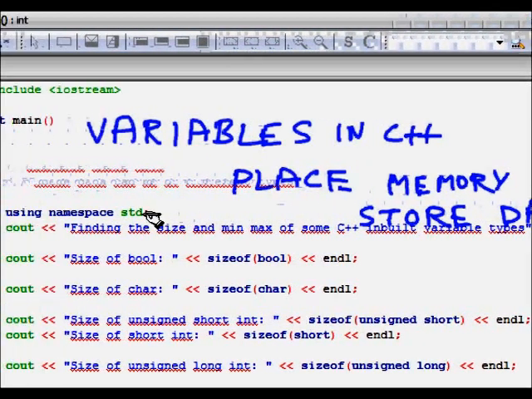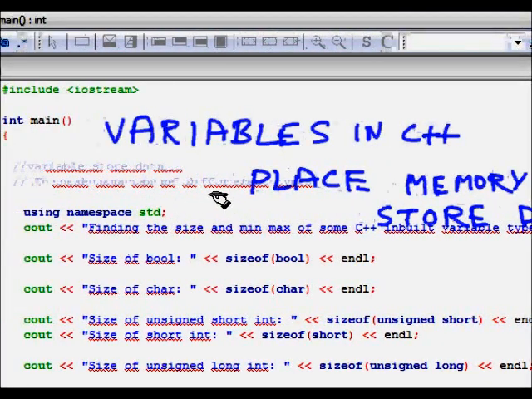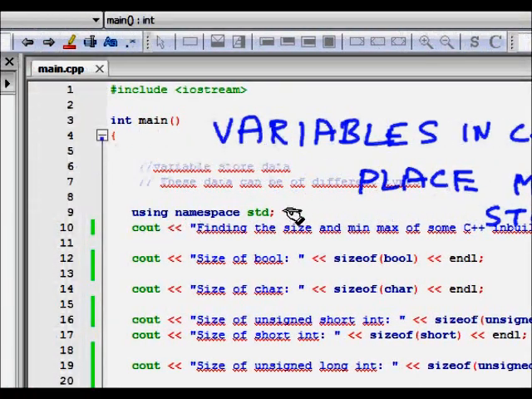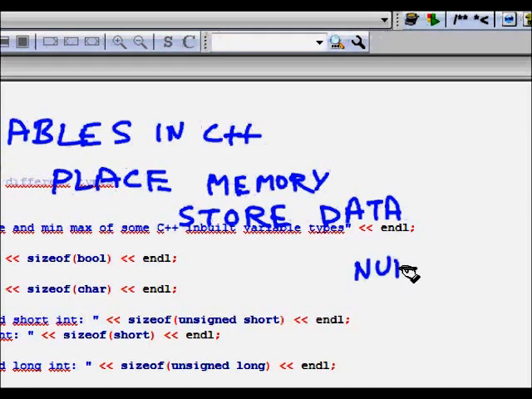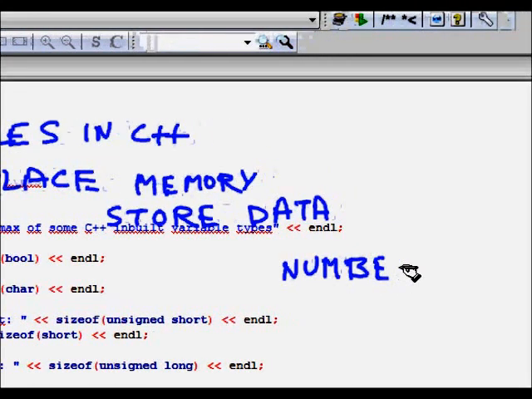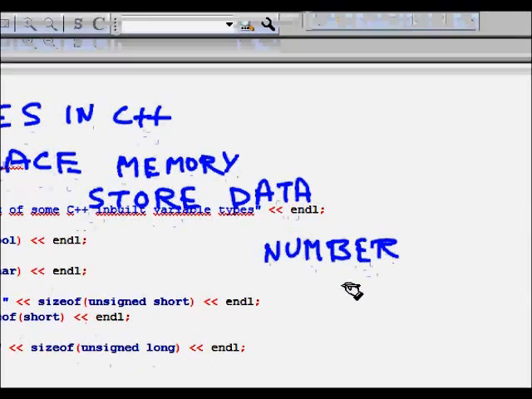When you are coding, variables can be of different types. You may sometimes want to store numbers, so one category is numbers.